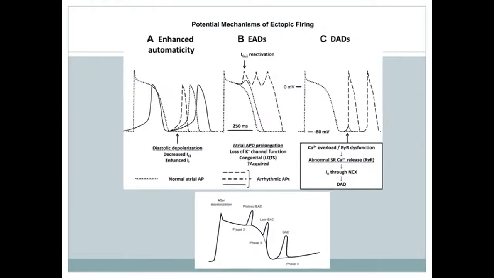So enhanced automaticity, you see the different action potential. It's a different type of cell. It's depolarizing faster than it should be. It takes over the sinus node. Or is the sinus node just working inappropriately? This is what we call triggered activity. And it's related